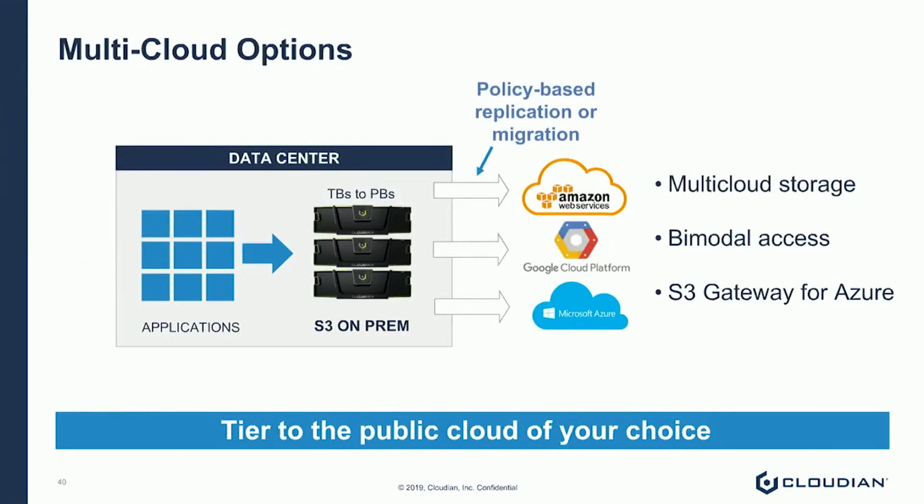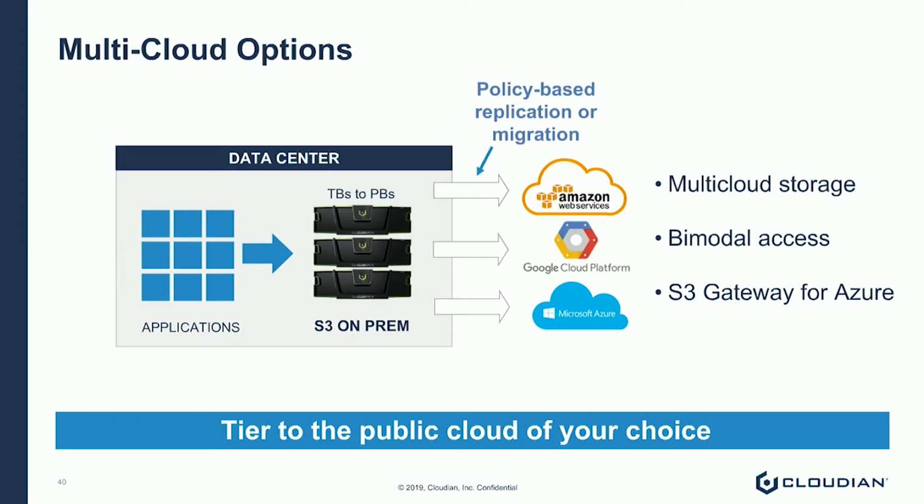I mentioned multi-cloud at the beginning, and there's really a number of different ways we can talk to multi-cloud with HyperStore. Built into the product, we have a native tiering capability. This means we can move data from your local S3 bucket into the public cloud, be that Amazon, Microsoft, Google, or really any S3 platform that supports the tiering capability, based on policy. So I can have a bucket and say any data within this bucket that's not been accessed for a year,